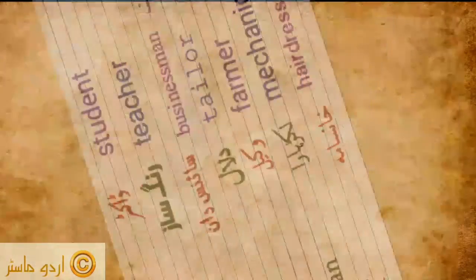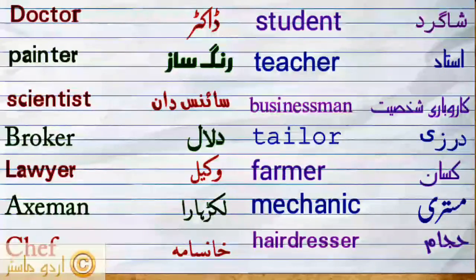This is a list of professions. شاگرد, student, استاد, teacher, کاروباری شخصیت, businessman, درزی, tailor, کسان, farmer, مستری, mechanic, حجام, hairdresser, doctor, رنگساز, پینٹر, سائنسدان, سائنٹسٹ, دلال, بروکر, وکیل, لویر,